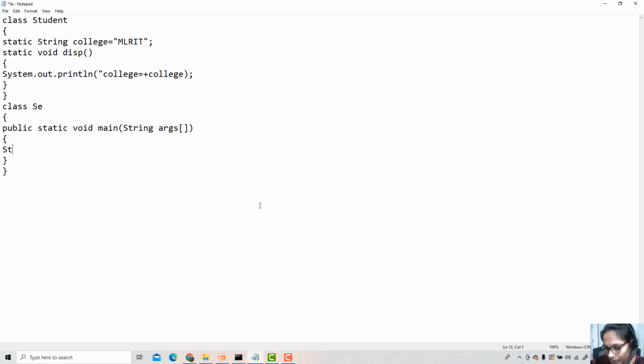So I am creating student S1 is equal to new student. Then I am just calling S1 dot disp. Oh, sorry, we don't need any object here, right? So we didn't need to create any object here. Directly I can call the disp method using student dot disp. That's it. Now what I should get, the college name should be printed. See here, college is a static data and disp is also a static method, so I should be able to access that. I'm just saving this